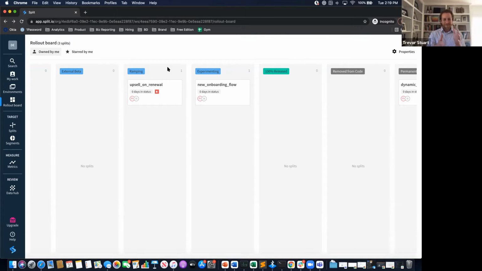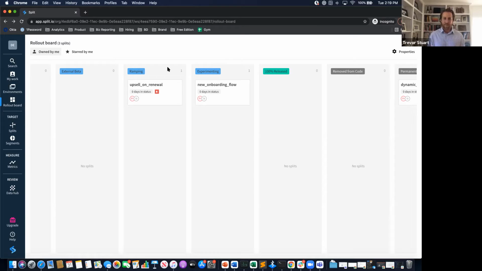You'll be able to see where your feature flags are in their life cycle and be able to cross collaborate and communicate that with your team. So that's a little bit on it. There's a lot in this, right? We talked about why we built this, some of the benefits of it, how you as a user of Split can benefit. We talked about how to use it, right? How to actually create statuses and use these statuses and associate them to splits